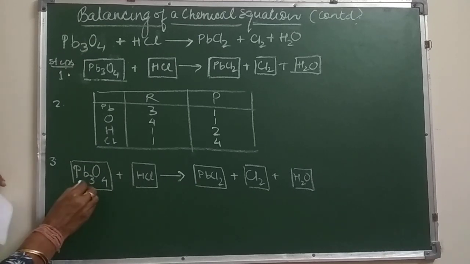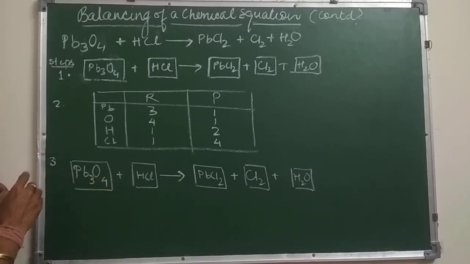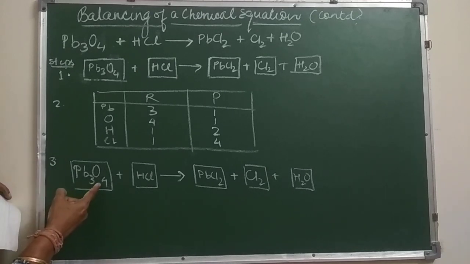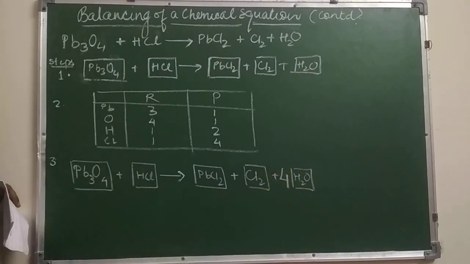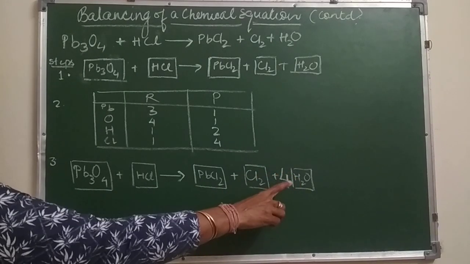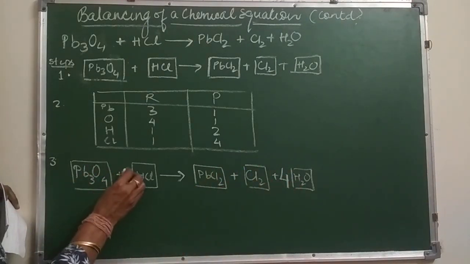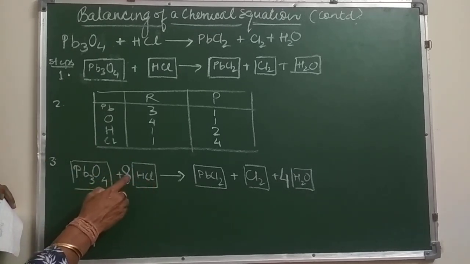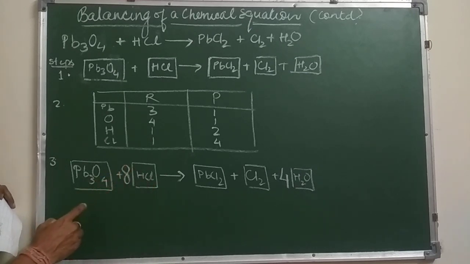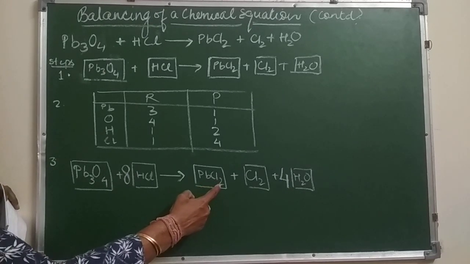So let us start with this oxide because this has maximum number of atoms. So let us start with oxygen because oxygen is more than lead over here. So left hand side I have 4 oxygen, right hand side I have 1. So I will add 4 here. The moment I add 4 here, hydrogen becomes 4 2s are 8. So let us make this hydrogen 8. So I have made it 8. The moment I make HCl 8 over here, so chlorine also turns out to be 8. So already I am having over here 2 and 2.